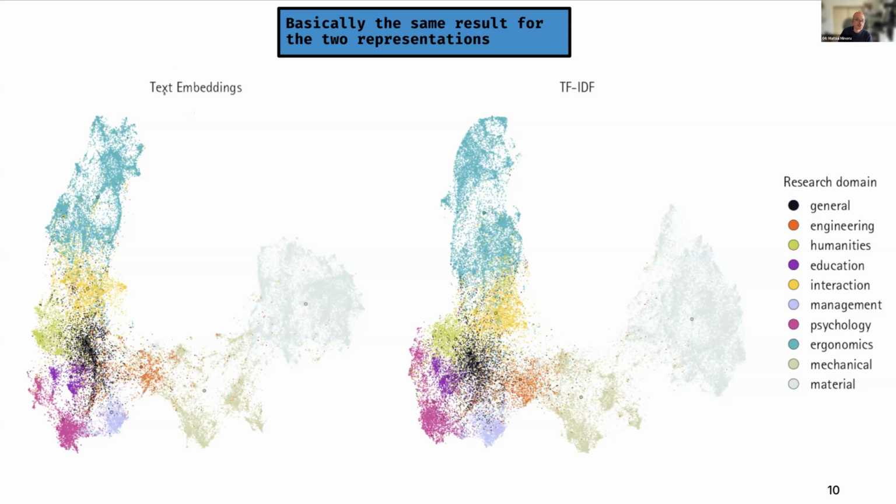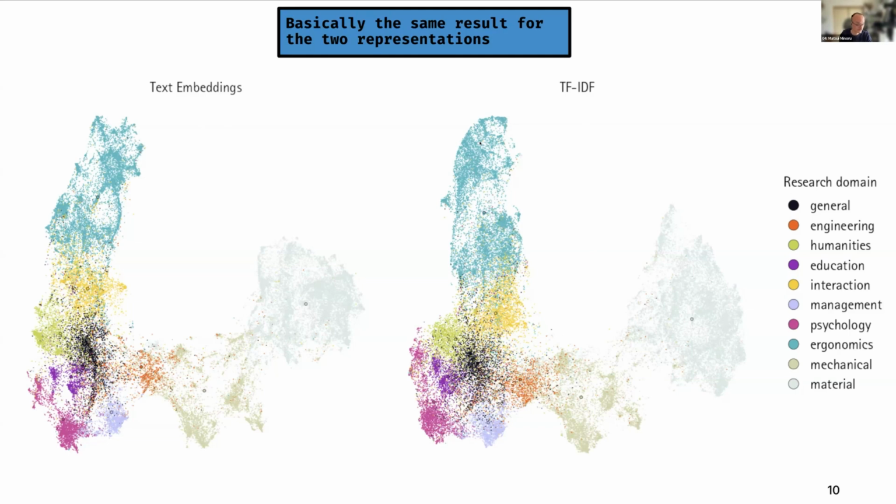On the left we have text embeddings, and on the right we have TF-IDF. It is astonishing that even with cutting-edge LLM text embeddings, we have more or less the same result as from a very simple